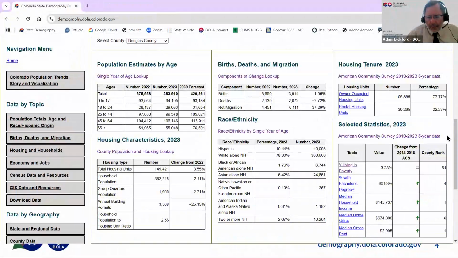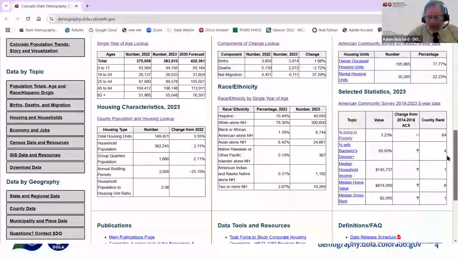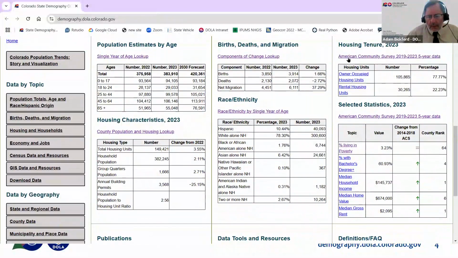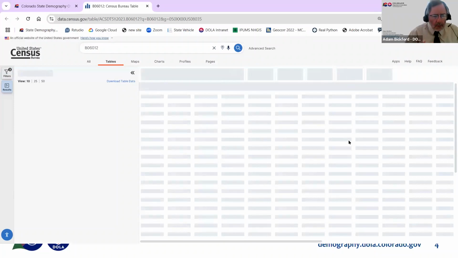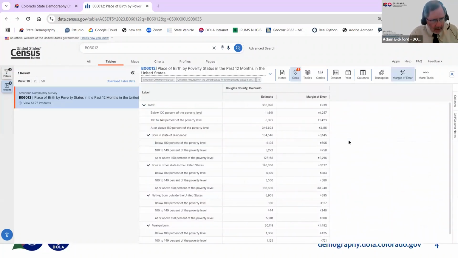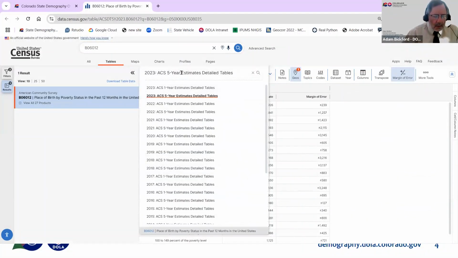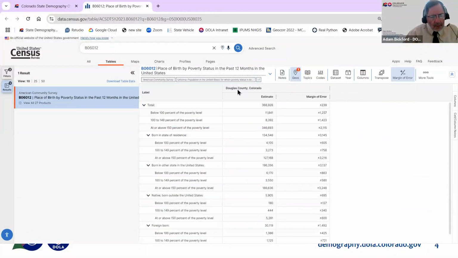For the American Community Survey resources here, first of all, this link will take you to data.census.gov, which is the census data portal. And clicking on any one of these links will take you to a specific table within data.census.gov. You'll see this table here, and you'll notice that it's the selection of the most recent ACS 5-year data, but you can select other data files if you need, for the county that you had selected